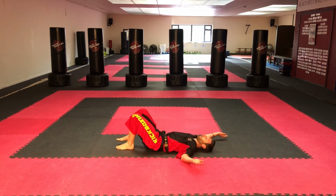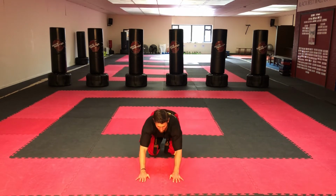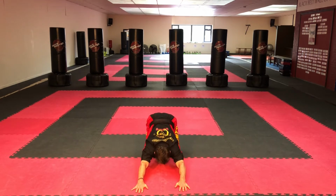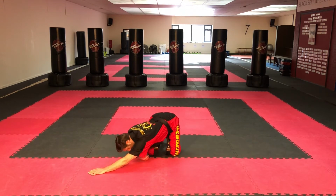Now from here, guys, we're going to come round onto our knees and we're going to take our arms and stretch them out and take the bum back and let the chest go down to the floor. Don't force it, remember, guys, we're just slowly going down. Ease into it. Relax down. Now walk your fingers over towards one side and then drop down again. So we're stretching down more